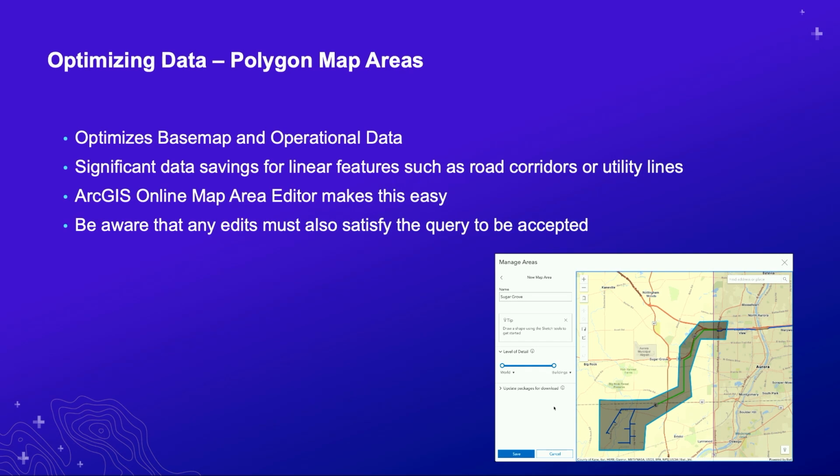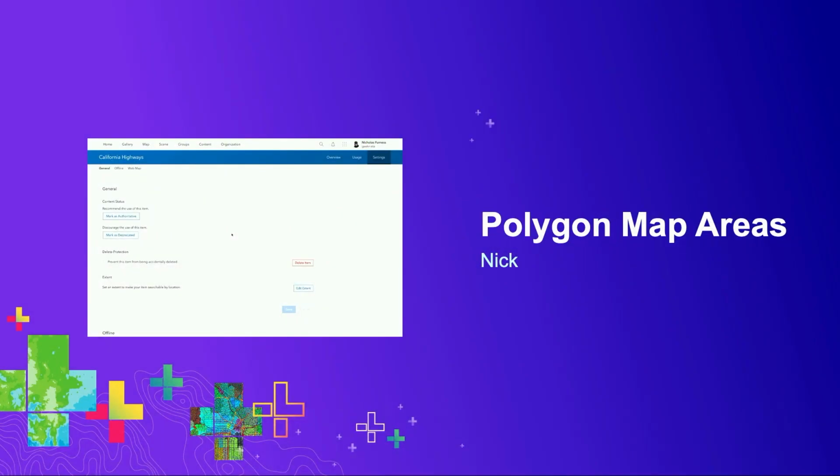And you can do this in the ArcGIS Online map editor. That way, when the data gets taken offline, it only uses the data that you really want. And it can be extremely efficient, as I say, especially for road corridors and utility lines. So I'd like to pass back to Nick, and he's got a demonstration of how you set that up on